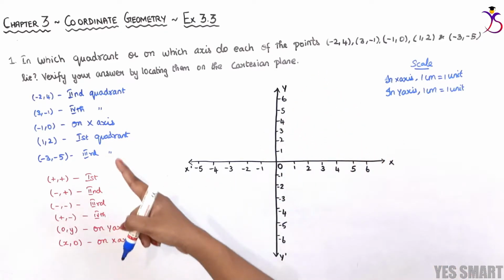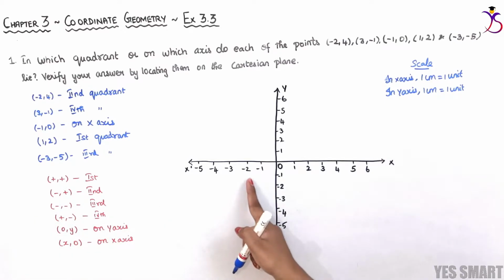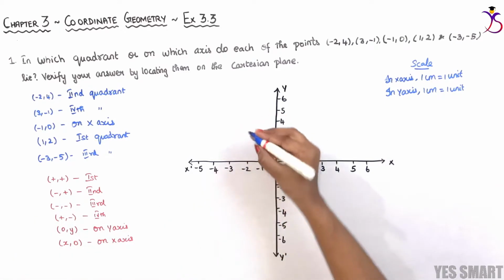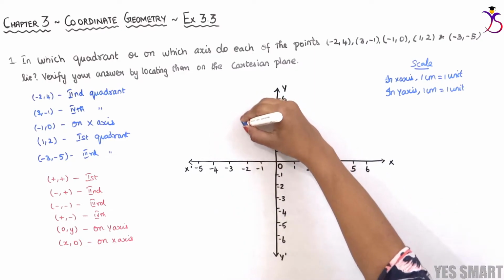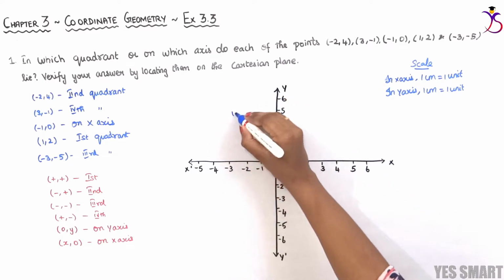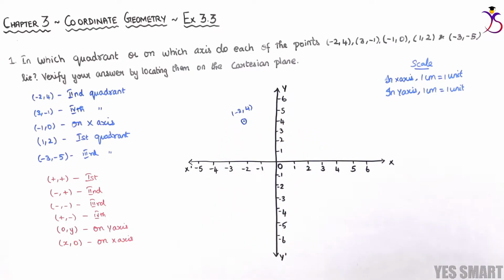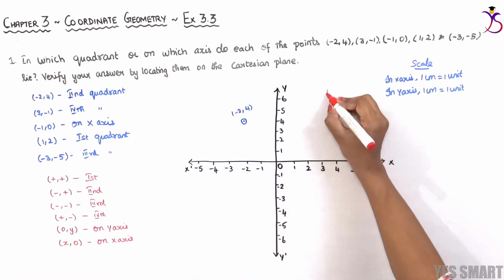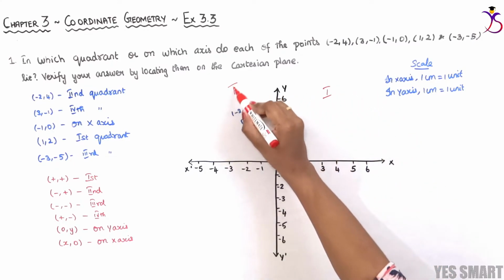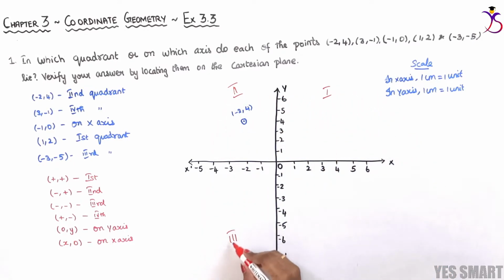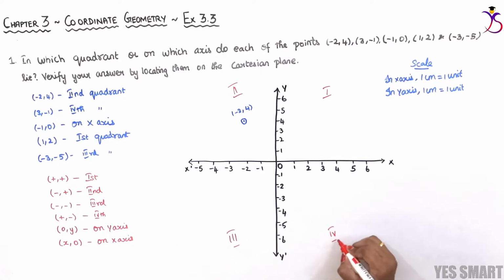Now the first point, (-2, 4). So on the x-axis, minus 2, and on the y-axis, we have to look for 4. So here this will be the point (-2, 4). Also we can mark the quadrants so that it will be easy for us to verify it. This will be our first quadrant, second, third quadrant, and fourth quadrant. Now, as we already wrote the answer that this belongs to the second quadrant, it is also verified on this